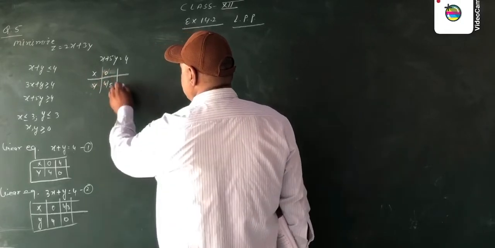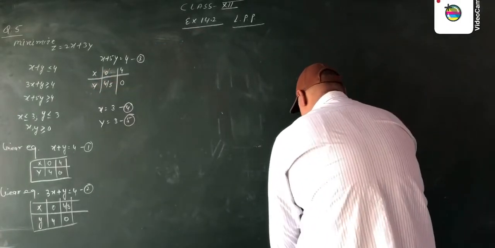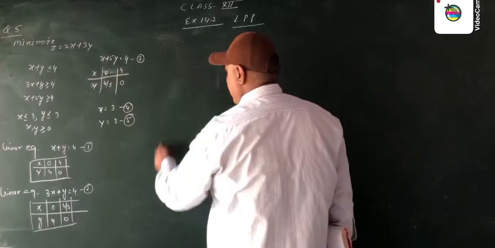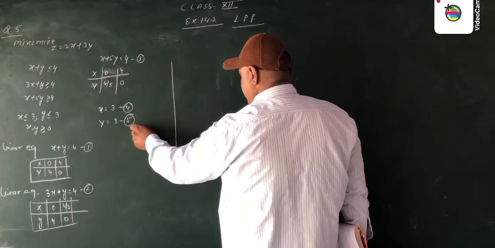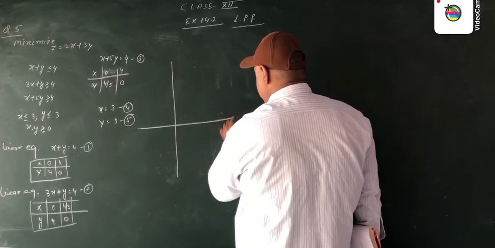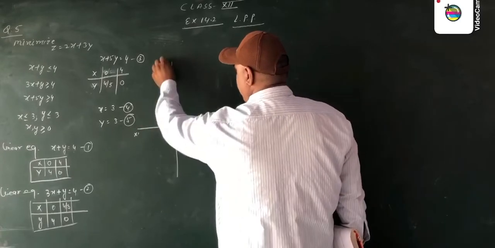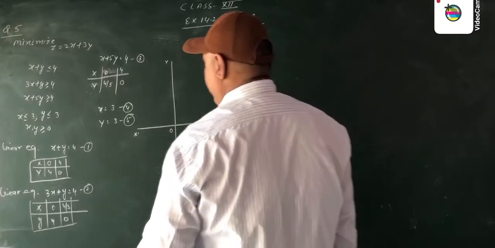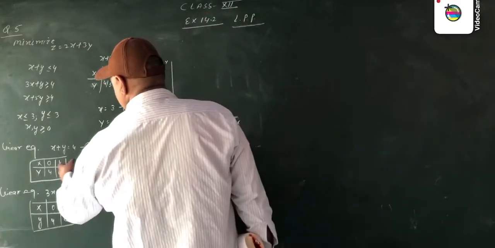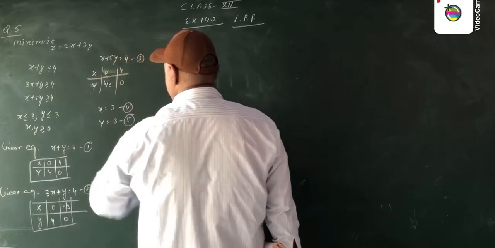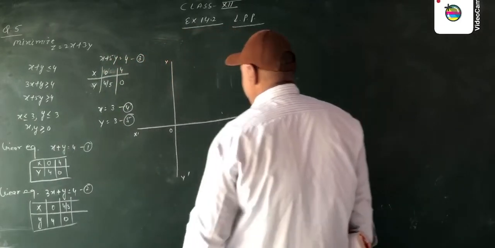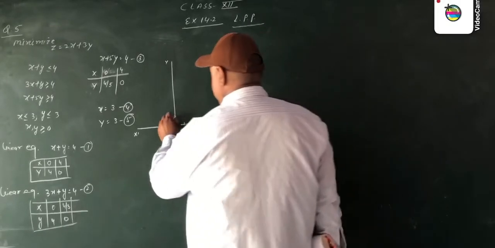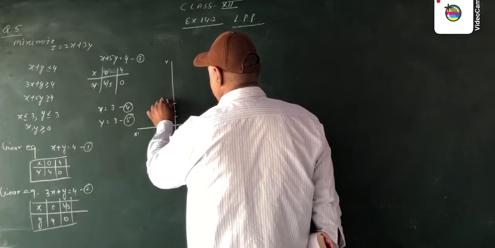Now we draw all the equations on the graph to find the minimum value of z. Now this is your x-axis, this is your y-axis, x dash, y dash. This is the origin. Now we discuss the values of x. The values are 4 by 3 and 4. The highest value of x is 4. Then this is 1, 2, 3, 4. Y is 1, 2, 3 and 4.